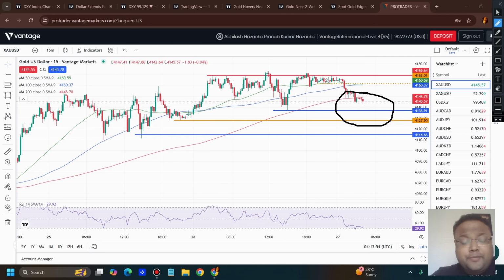And right now we can see a gap down. So during the day, market may try to fill the gap here, but I am not expecting a trend reversal unless a big news comes out. So just keep your eyes around this 99 level. If it breaks, then things are going to be crazy.